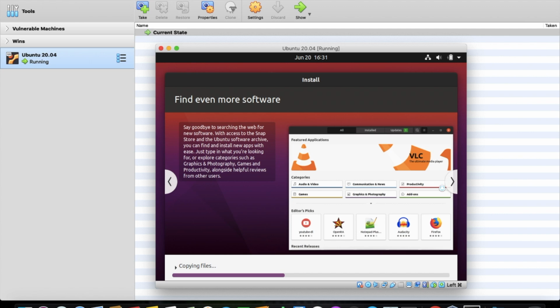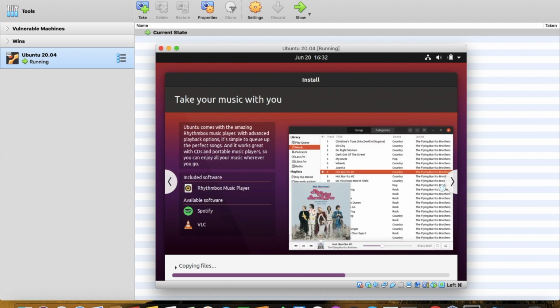You can download and install in VirtualBox instead of dual boot. This is the step where it will take a lot of time. You can see that copying files alone is taking a lot of time.